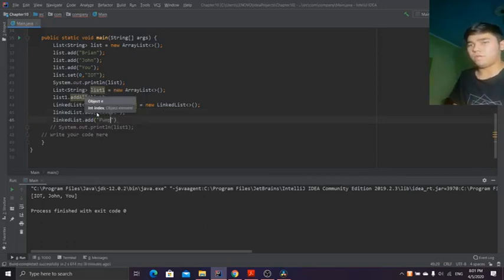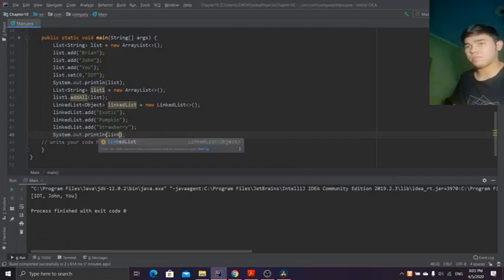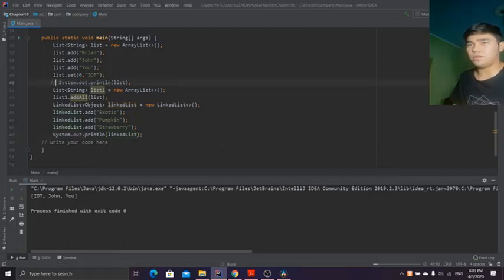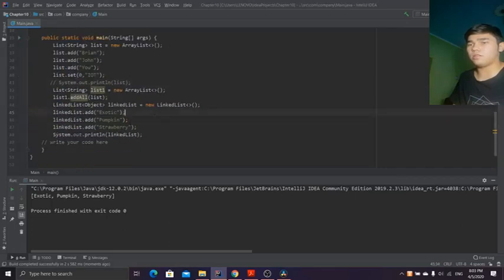Pumpkin. And LinkedList, output the elements. Exotic, pumpkin, and strawberry. The method addFirst adds the element to the first position in the list,